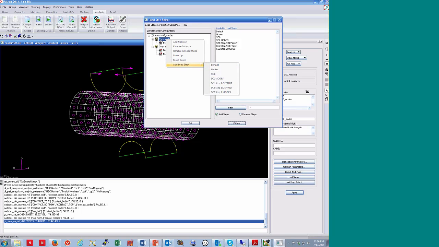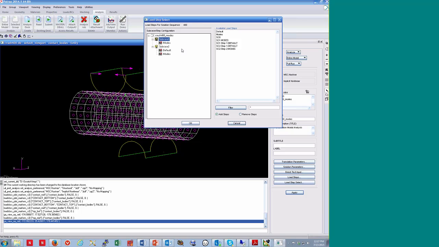SOL 400 does have some limitations in which type of load step can follow which type of load step, or how many you can have, or whether you can have a heat transfer followed by a linear, a static analysis, or what. This is fairly smart in that when you try to submit the analysis, if you set up some load steps that are incompatible, it will tell you,